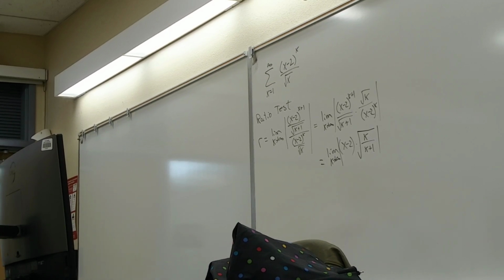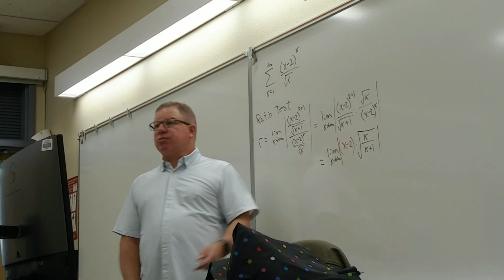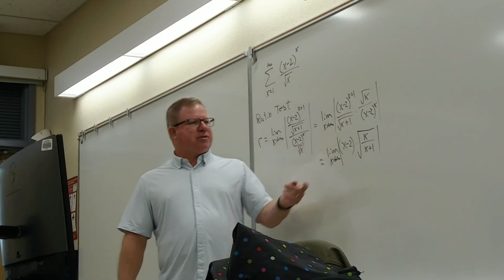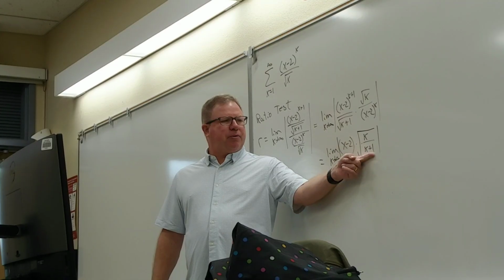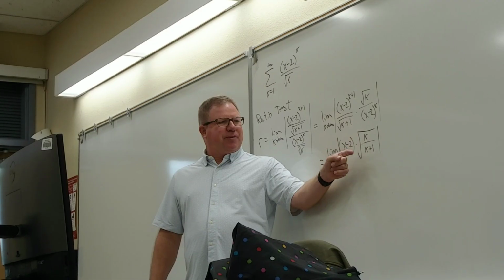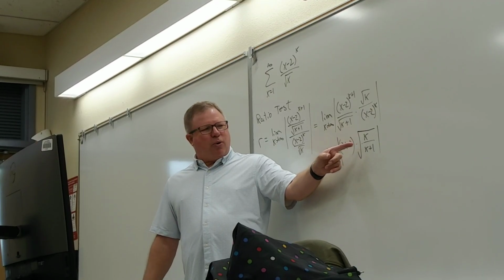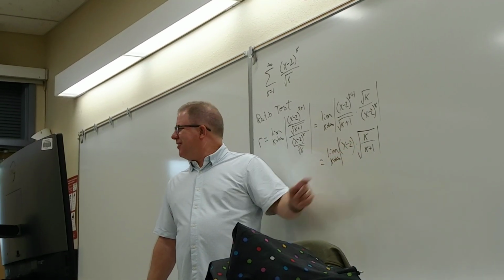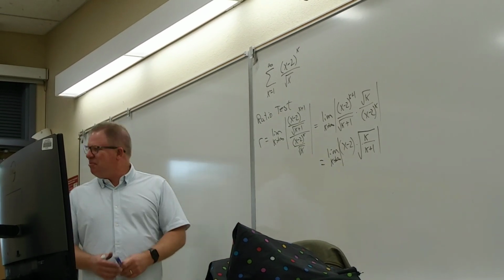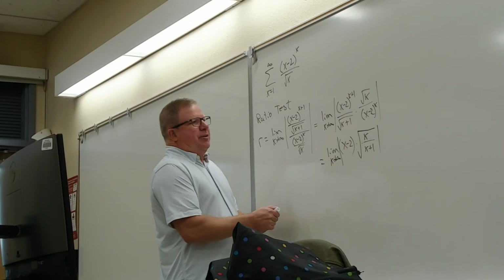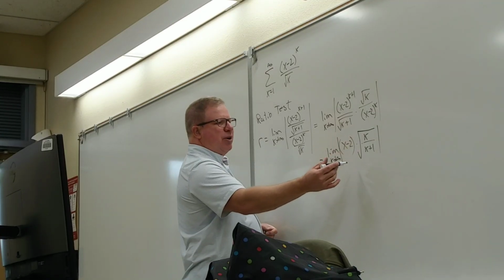All right, the expression inside the root, k over k plus 1. Where does that go as k goes to infinity? That's a first degree polynomial over a first degree polynomial. Doesn't it go to infinity by the way? No, you're thinking too much. 1. Yeah, 1, the ratio of the leading coefficients. Oh, yeah. 1. All right. You're making it really hard. You could use L'Hopital's rule. I wouldn't want to, but you could. Okay, so this equals 1, so we have